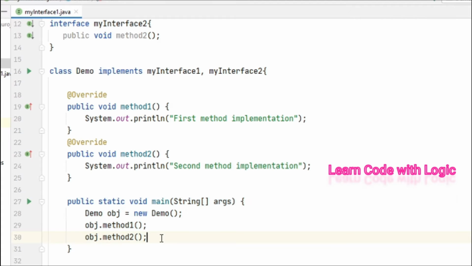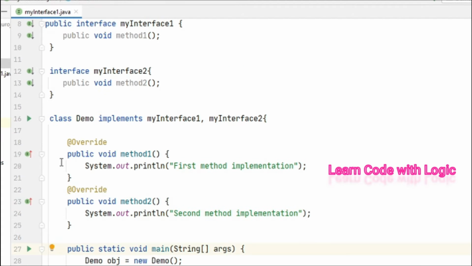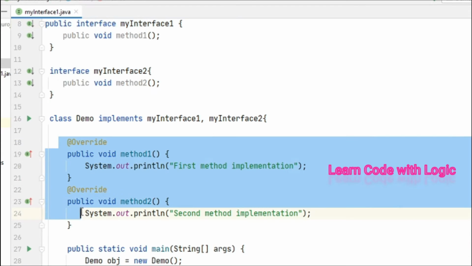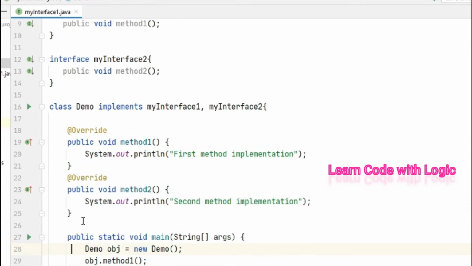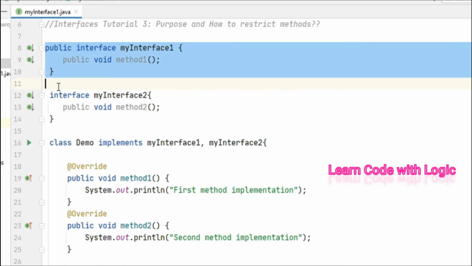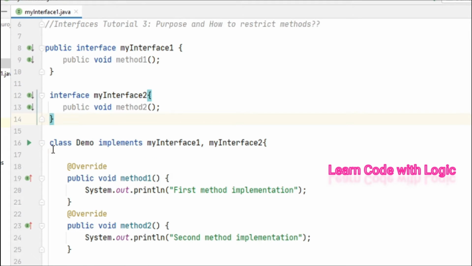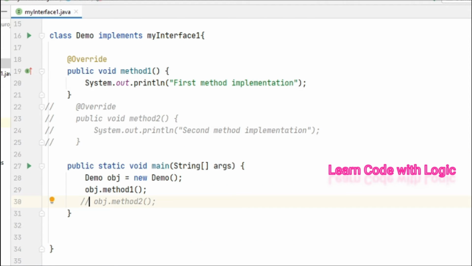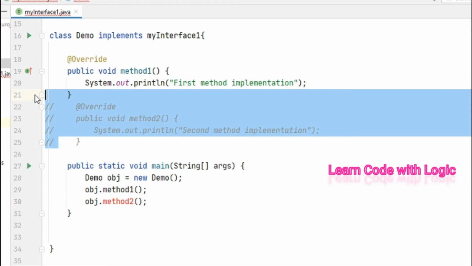And what I did here, I just called those two methods. If you want to implement these two methods, why do we want these two interfaces and implement those two methods here and call those methods here? It's so confusing, right? I'm coming there only. So we know we have two abstract methods here, but we don't want to give the access to interface 2. In that case, you simply delete this one so that you cannot access this method. So this is one way of restricting the method.